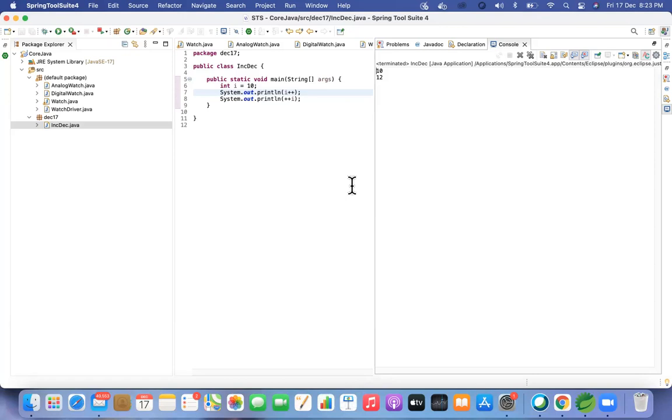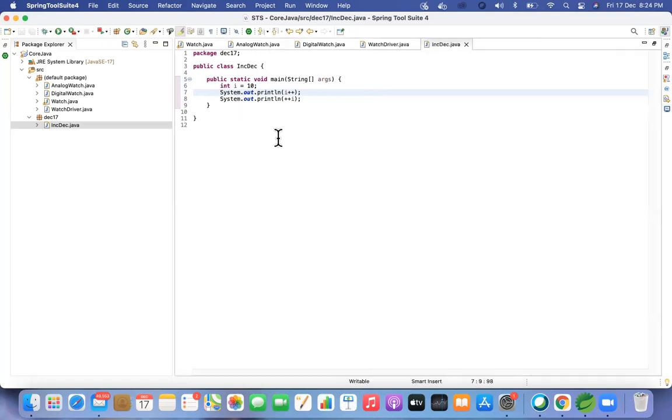When it's doing the second operation, right? When you're reusing that I attribute somewhere else, then the I value would have been incremented by 1 and you have got 11 as your output. Now, when you pre-increment it, that will immediately print your value as 12. So the only difference between post and pre is that both will increment your value by 1, but in your post increment, the value will not get assigned initially. In your pre-increment, the value gets assigned initially. So if you just comment line number 7 and print it, you should be able to see the output as 11.